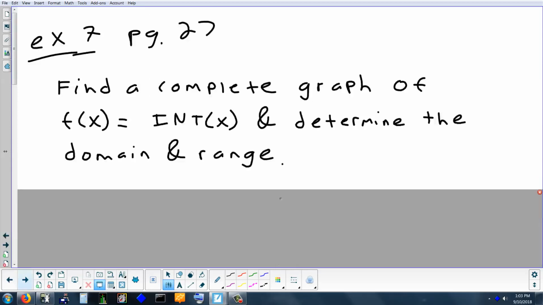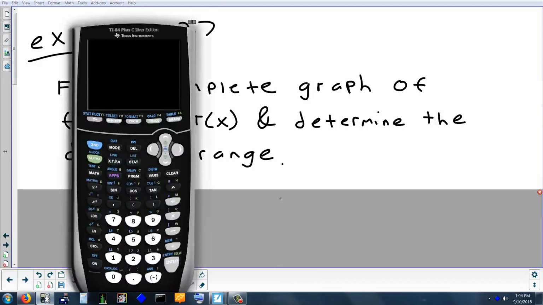Okay, so how do we graph it on the calculator? So find a complete graph. That just means find a window on the calculator that looks good, kind of get the gist of the function. How do we type it in? So what we have to do is go on your calculator,